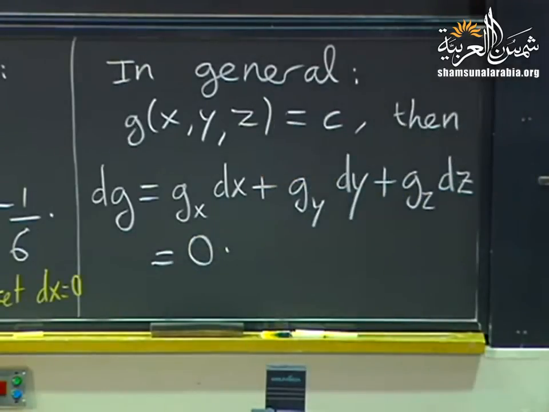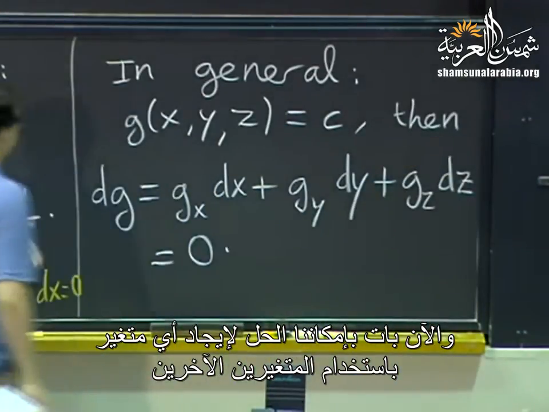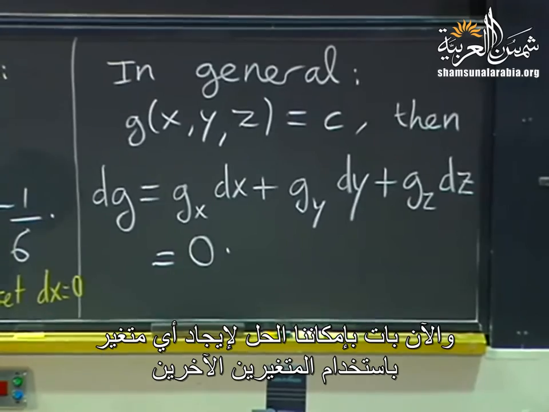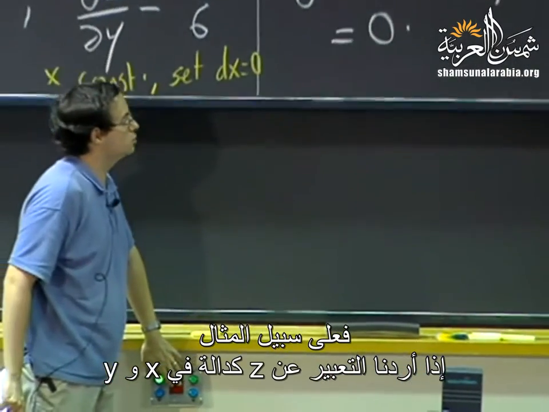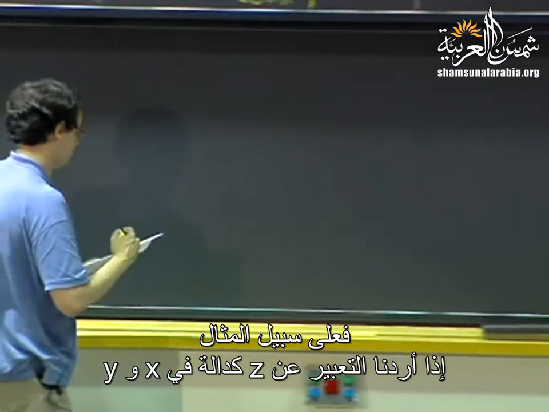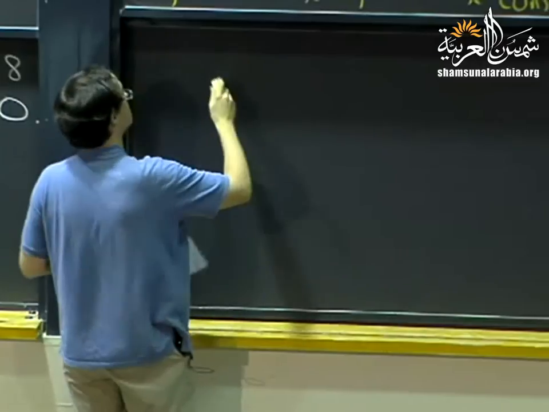Okay? And now we can solve for whichever variable we want to express in terms of the others. So, for example, if we care about z as a function of x and y,